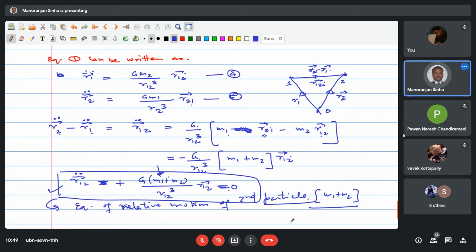Say we have the Earth and a small satellite. If we assume M1 to be the mass of the Earth, and M2 to be the mass of the satellite, obviously in this case M1 is around 10 to the power 24 kg perhaps, and this will be some 1000 kg, say. So this is much larger. In that case, you can neglect this M2, and it will simply be like what we have written in the central force motion equation. R double dot you can write as G times M earth divided by R cube times R vector equal to 0.